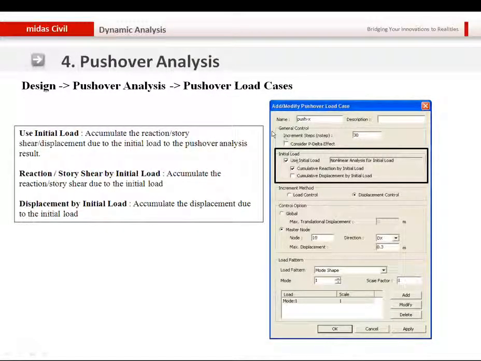Now let's talk about the pushover load cases. If I go to design, pushover analysis, pushover load cases, I can see several options which the user can specify for the pushover analysis. Here the user can consider the P delta effect, which is very important for the pushover analysis, because if we have vertical loads and the structure deflects in the positive X or Y direction, then there is an additional moment at the base of the structure,